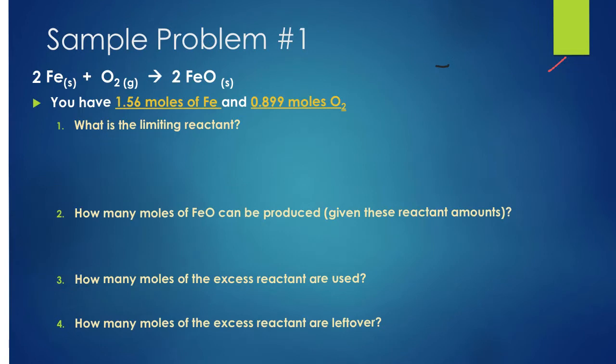So these problems are a little bit longer, so obviously we're going to have you do fewer of these problems because each problem requires you to do more. And in this case, again, we're not getting to the point where we're starting with grams and going to grams. We're just starting at moles, okay? And so the first thing you want to do, and I want you to pause the video and try it on your own, is figure out which is the limiting reactant. And so you're going to start with 1.56 moles of Fe, and you're going to start with 0.899 moles of O2, and you're going to compare those